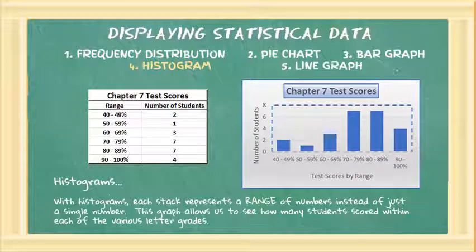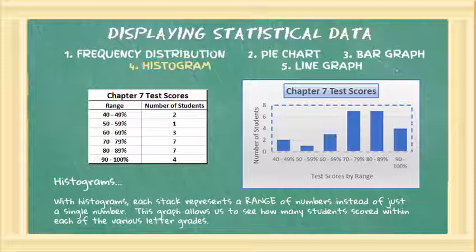All right, fourth type is a histogram, and that is a bar graph, and each bar represents a range of possible outcomes. So the first range in Chapter 7 test scores was 40 to 49, and there were 2 of them. So 40 to 49, and the bar graph goes up to a 2. And notice that the whole range is covered, 50 to 59, 60 to 69. So every score falls in one of these ranges